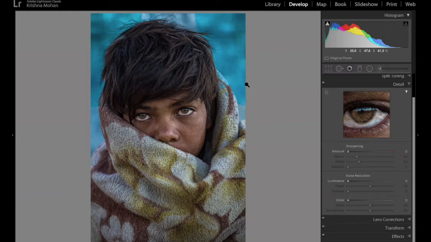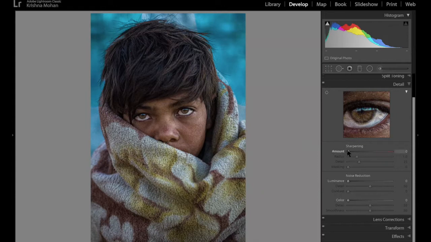The other key which you use in the sharpening very well is the Alt key. I'll explain for each of these sliders. When you use the Alt key, it will give you a slightly different look. Now, let me start sharpening. There is a default sharpening which Lightroom applies to every raw file, which is about 25. Now, this is not 25%, it's a value of 25 sharpening. If it is a JPEG file, assuming that the JPEG is already sharpened, the sharpening is 0. So in this case, sharpening is 0.